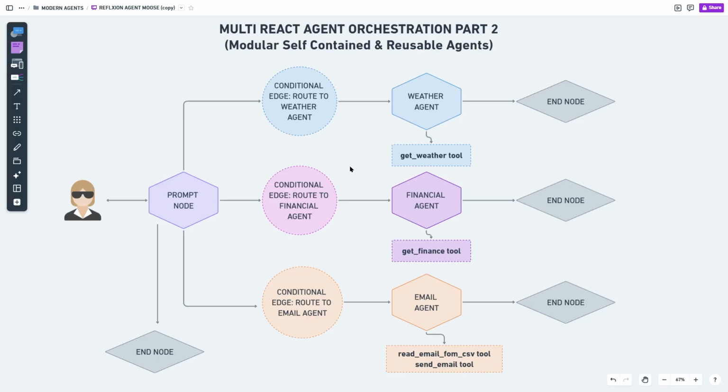Now, in this video, we're going to go ahead and bring in this new modular agent called Financial Agent, and this will have its financial tool called Get Finance Tool. And this time we're going to do the same thing. We're going to take this modular agent, and via a regular edge and a conditional edge or a router edge, we're going to go ahead and attach that to our main graph or to the prompt node